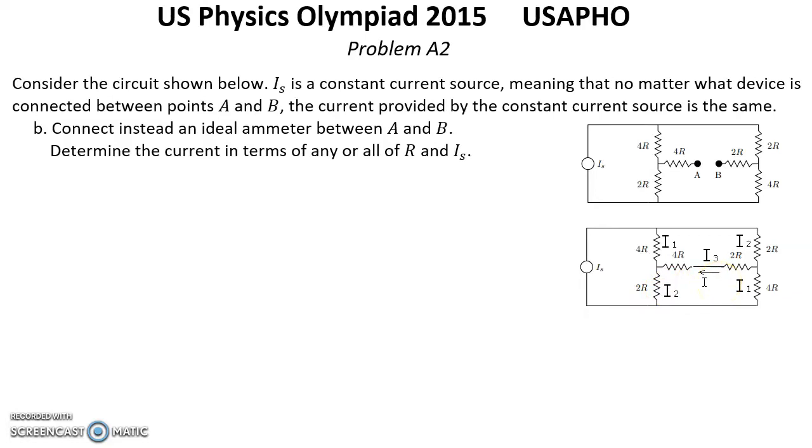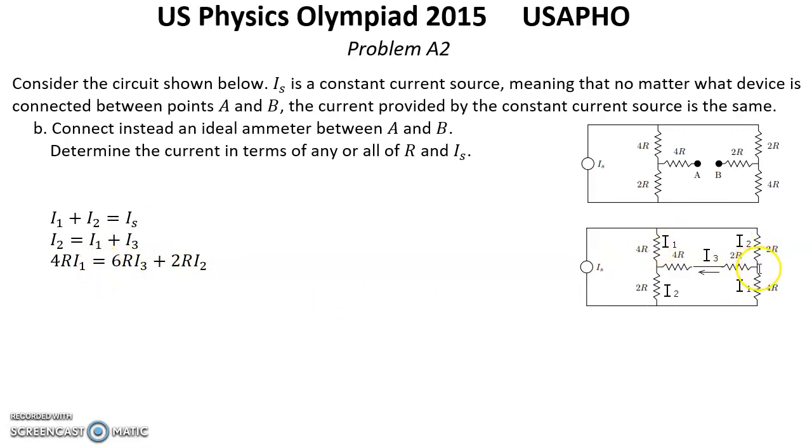Now we can write three equations to find all these currents. Current I1 plus I2 equals I_S. That's the first equation. Current I2, which is going here, is split into I3 and I1, which is the second equation. And the third equation is